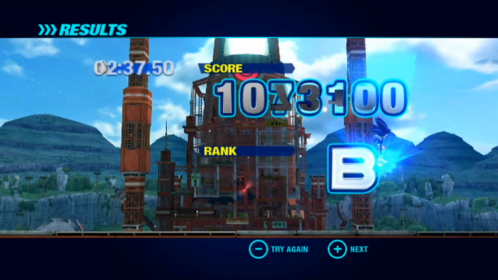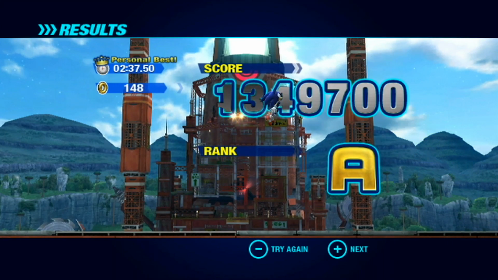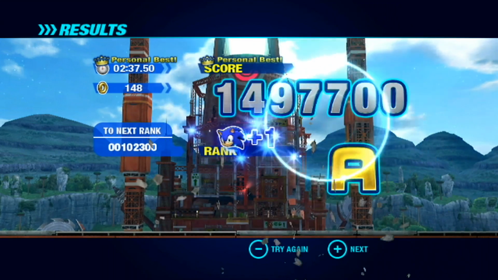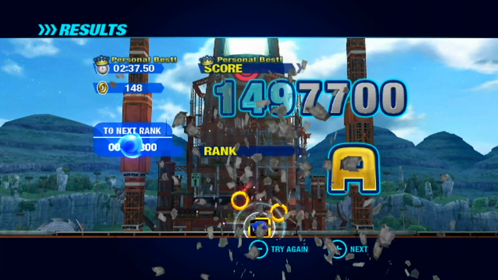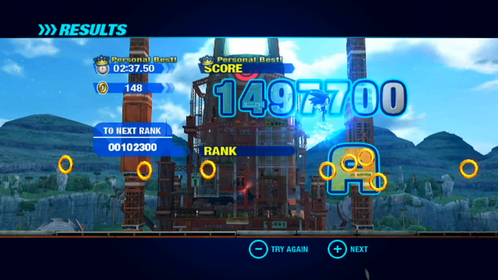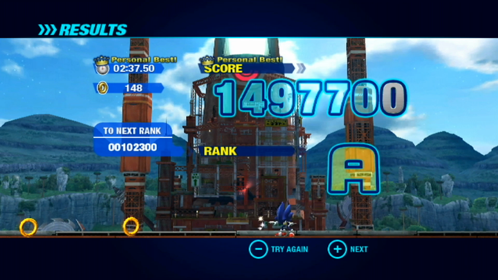Normally I end this level with over 200 rings, so apparently we are leaving some change on the ground for some other poor saps to come pick up at some point. And we were decently close to an S rank, and an A rank is alright by me. I'm fine with it. Why not destroy this A rank? Yeah, and get those extra rings, which...